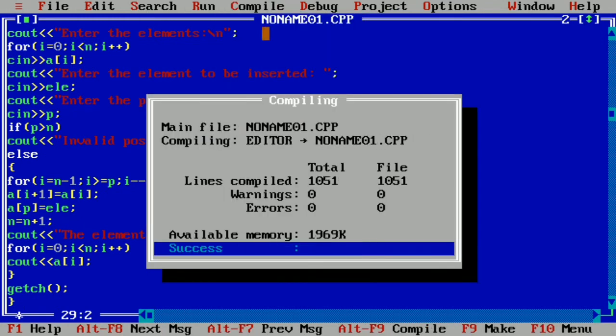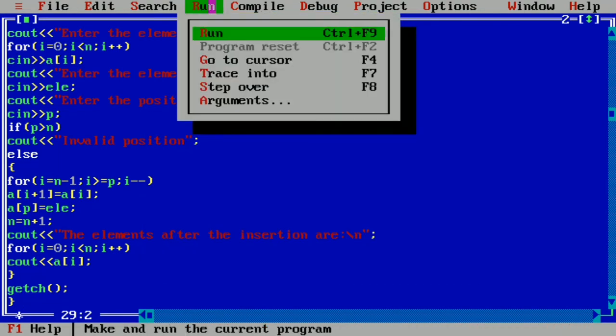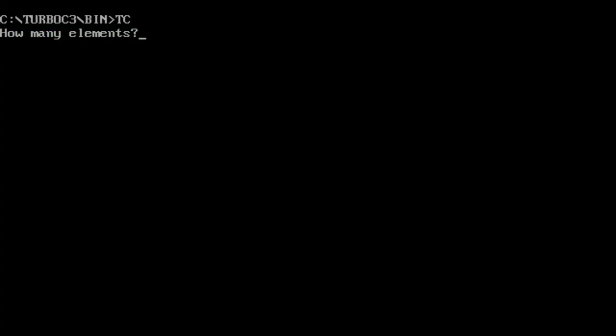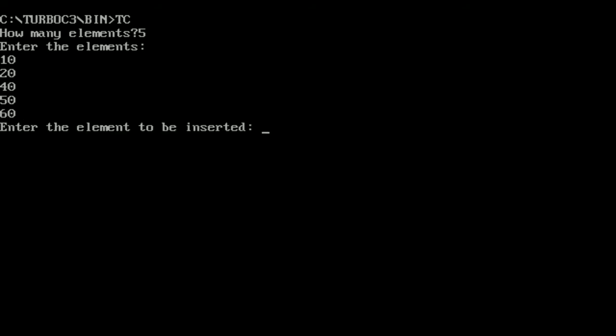So click on compile, success, there is no error, and next we'll go for run. So here you can see it is asking how many elements. So let me insert 5, and here I'm going to insert 10, 20, then 40, then 50, then 60, the fifth element, right? Then enter the element to be inserted. Here you can see 30 is missing, so I want to insert 30.